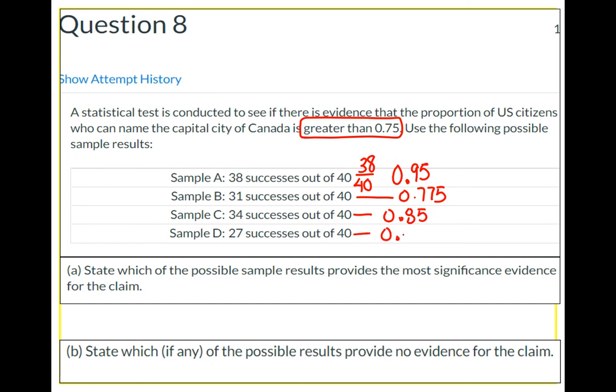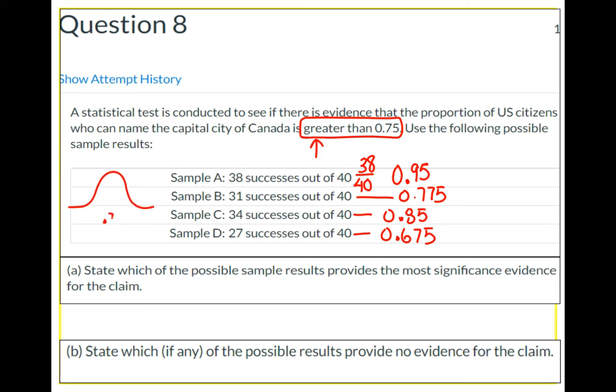And 0.675. State which of the possible examples provides the most significant evidence. Well, first of all, it was greater. That's what we're seeking evidence for. We're looking for the number. I'm going to draw a little curve here. Ready? A little curve here. Right in the